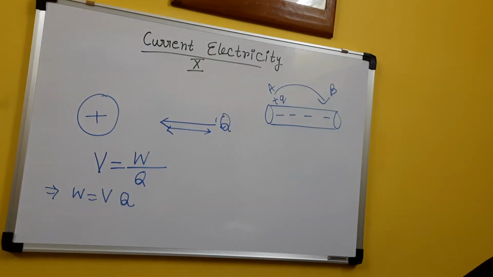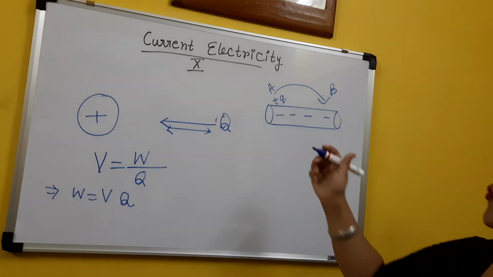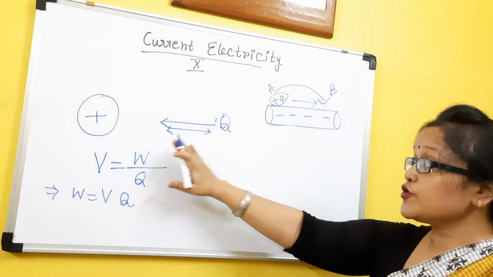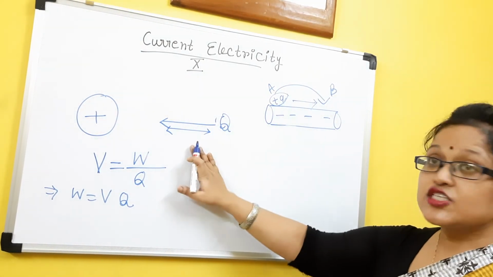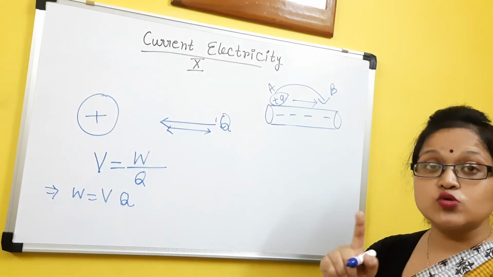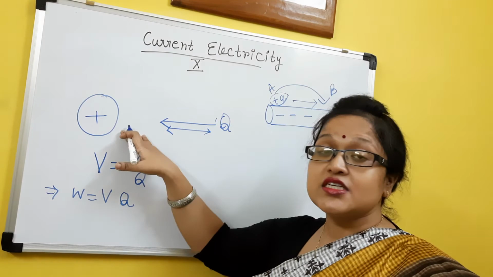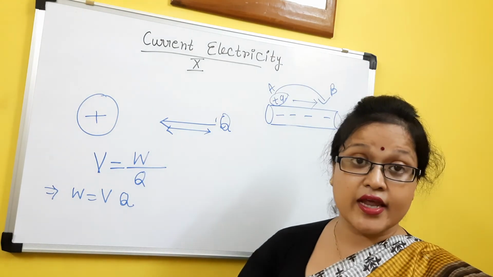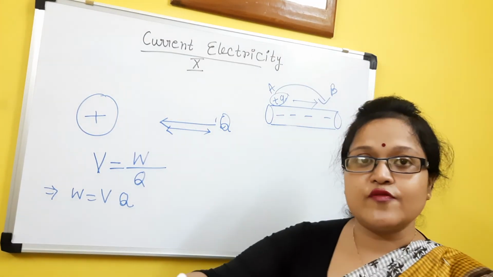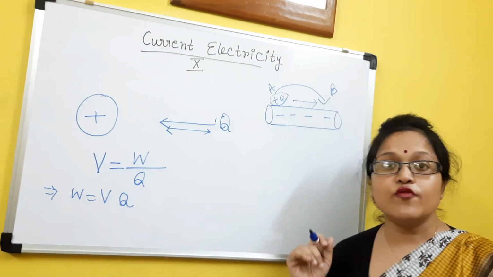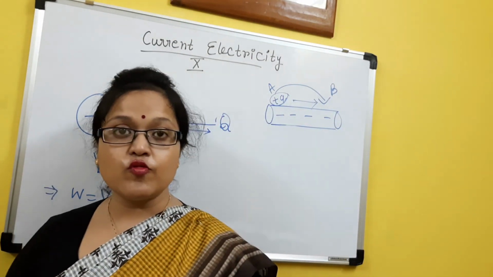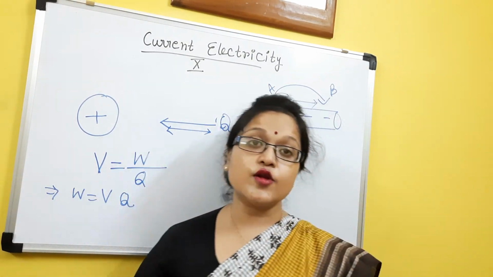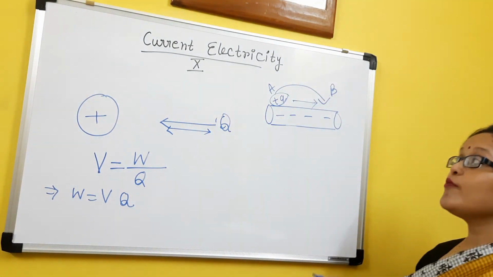Potential difference is the work done between any two points. Suppose this is A, B. So I am bringing this charge from here to here. What is the difference between potential and potential difference? In case of potential, I am bringing one charge or two charges from infinity into the electric field. Now I am within the electric field, and I am moving from here to here. Means right now I am within the electric field, so the amount of work done is needed to move from one point to another point. That is called the potential difference.